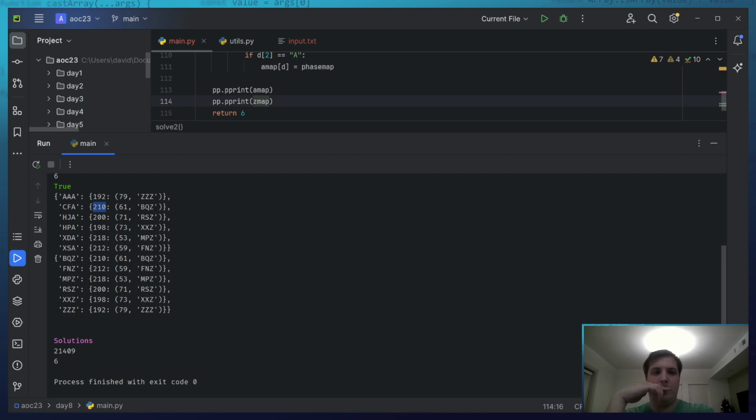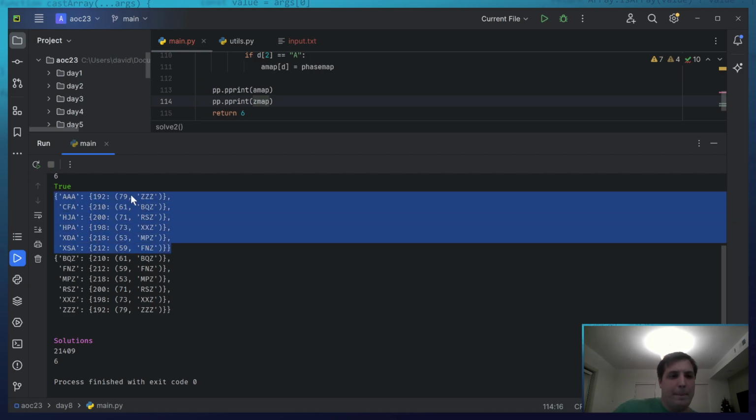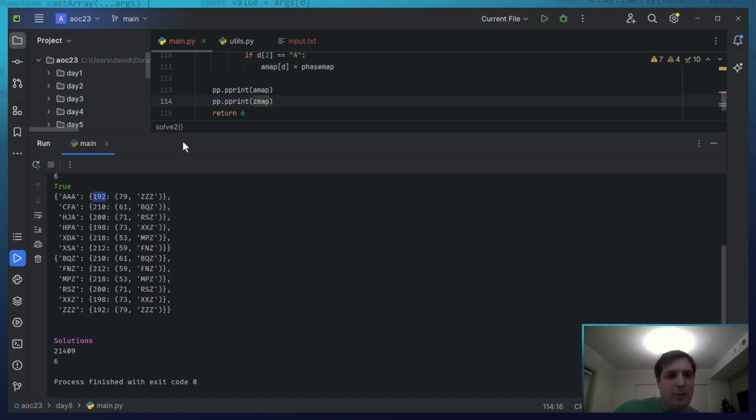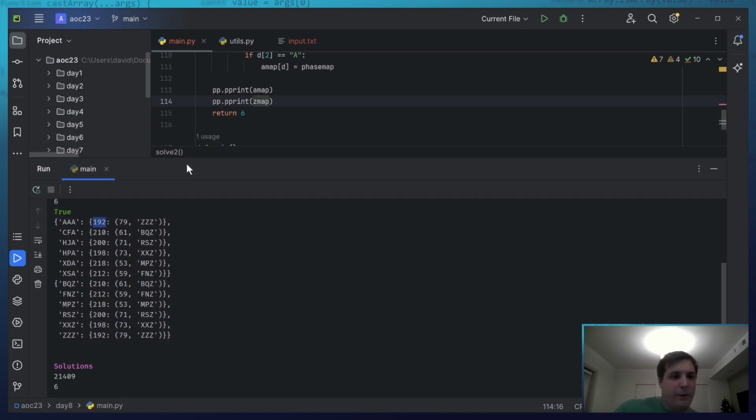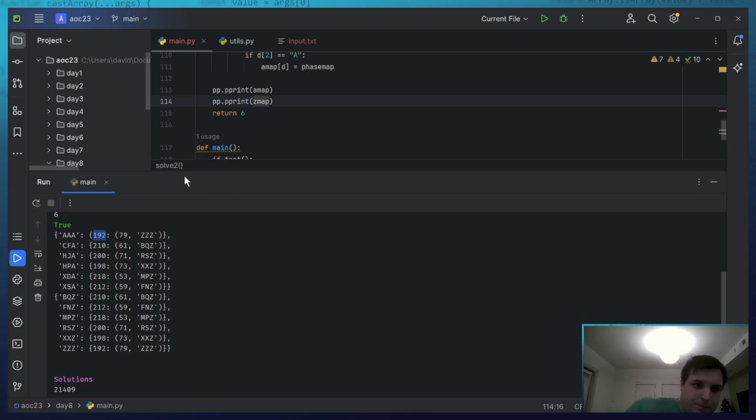This is worrisome. It should be all starting at phase 0, because that's where we're starting. If the only time it reaches a Z is if we're at phase 192, 210, 200, 198, 218, 212, then this is not possible. So we need to be finding something for phase 0.